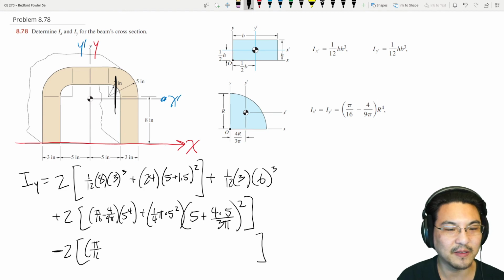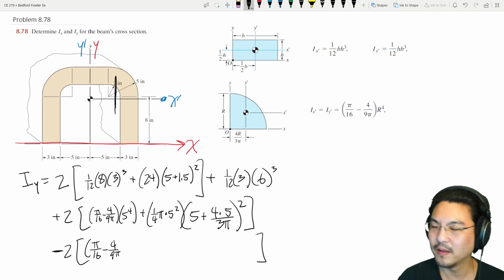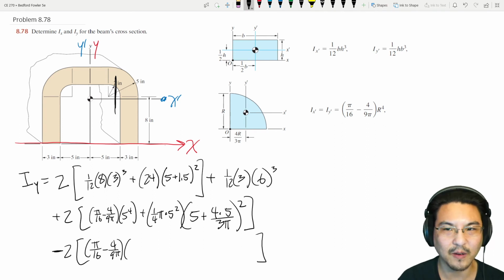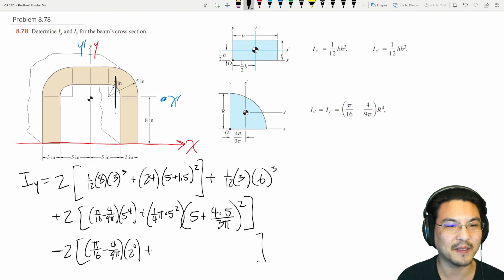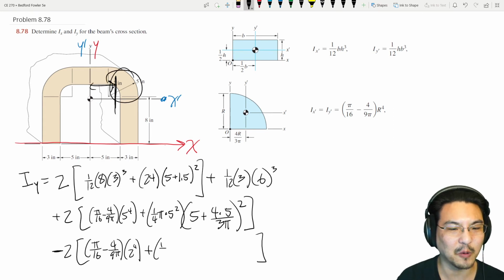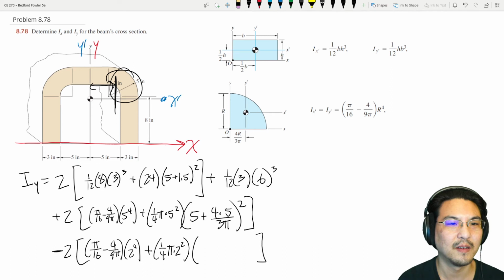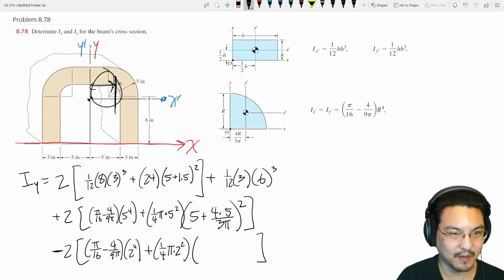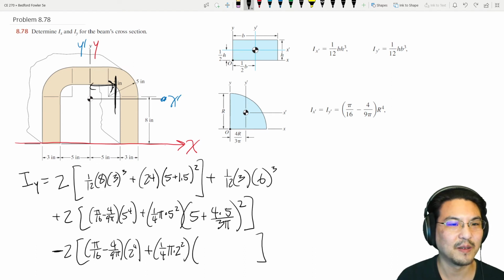Pi over 16 minus 4 over 9 pi times r to the 4th, 2 to the 4th, plus parallel axis theorem from here to here. So the area, which is a quarter circle, 1/4 of pi r squared times this distance, which is